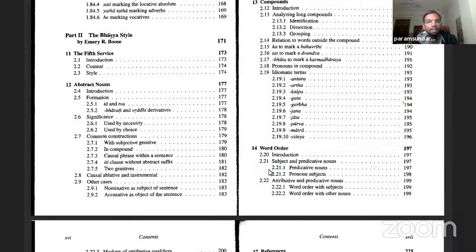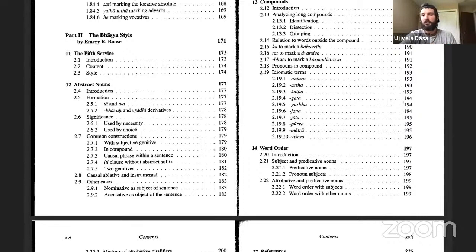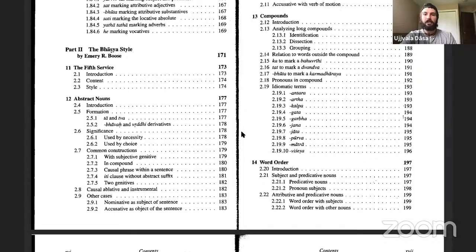The name itself is like Bhashya style. Well, at least that's what they say here. Normally it is. It's like an expository style of writing. Basically, the difference that they say in the book, and which we can also observe, is that in this